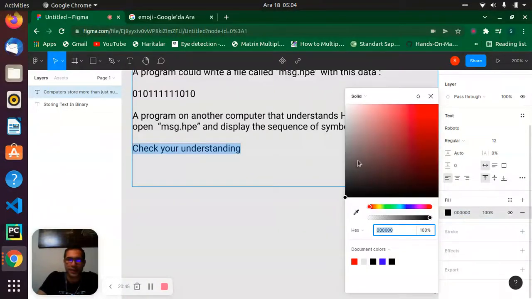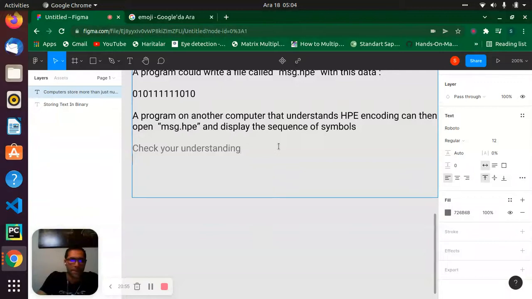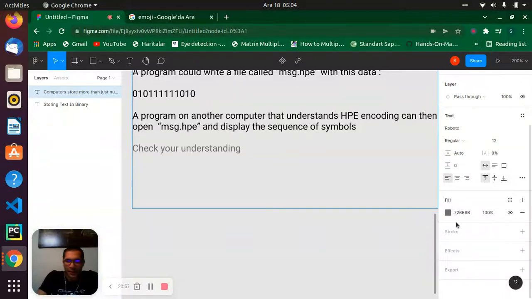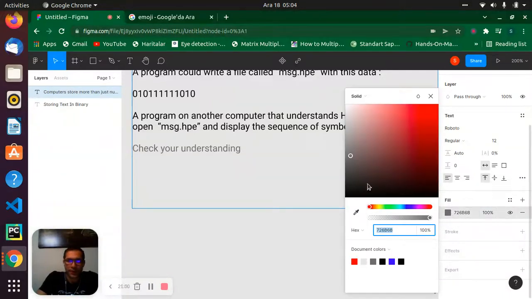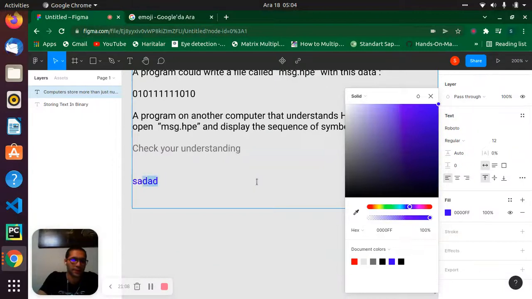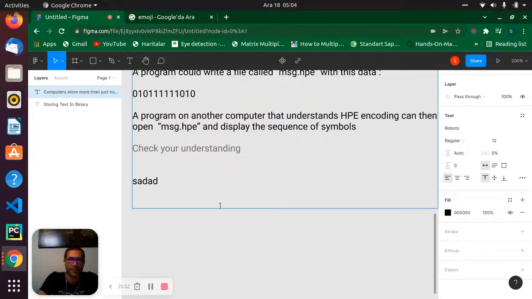So let's do it something like that. Let's come down and say again we want to work black. Okay, this one will be black, but I don't want to write with this color. Let's do it and close this place. Okay, let's write something here.